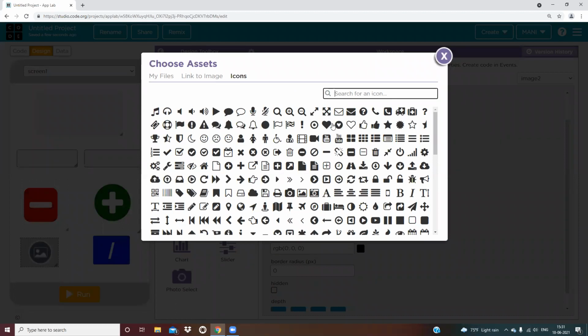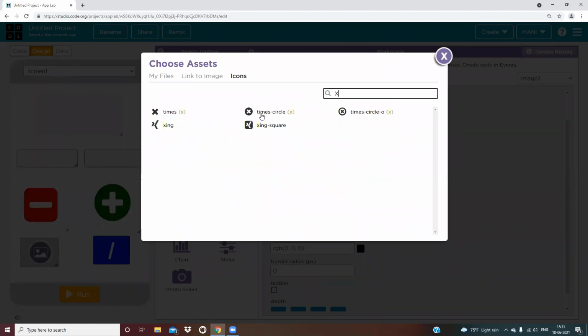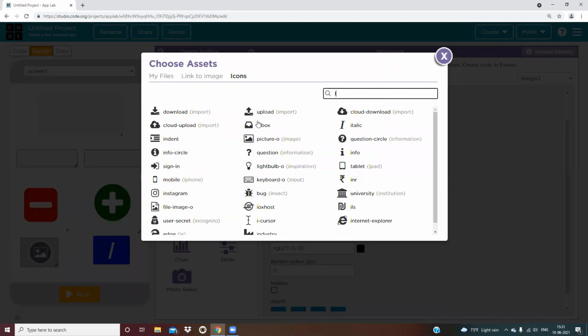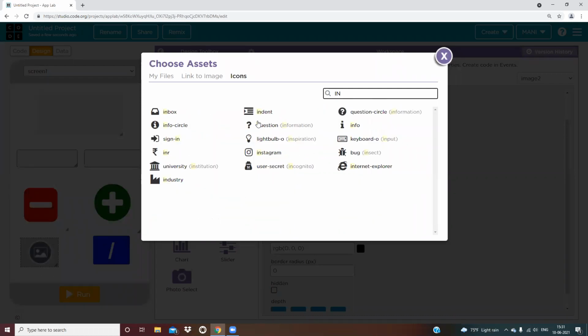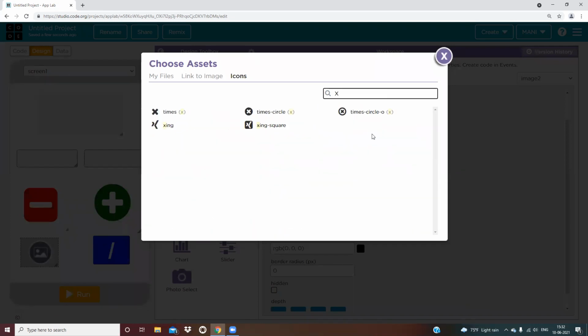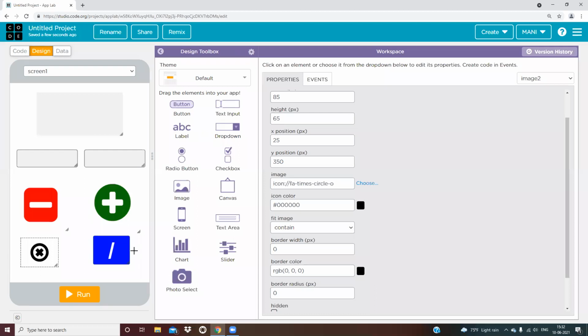for multiplication I am seeing it is coming in a circle only, and if I'm doing multiply, nothing is coming like that. So I think we should take this circle only.